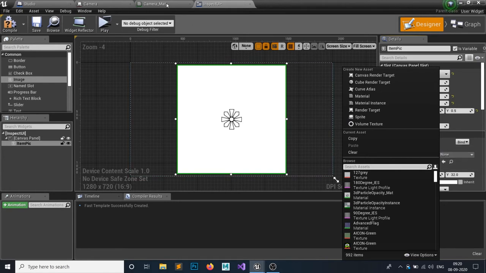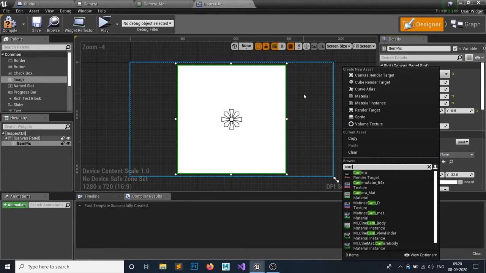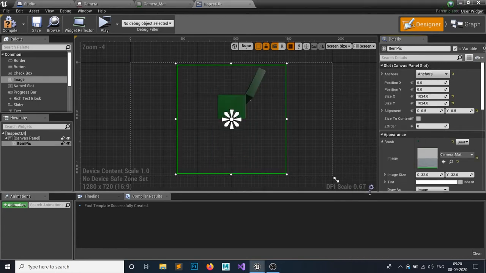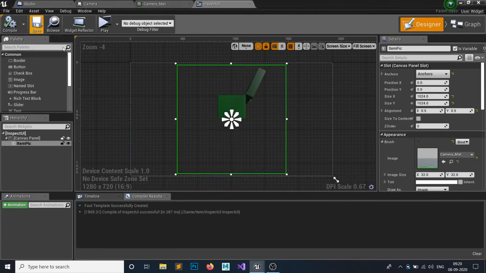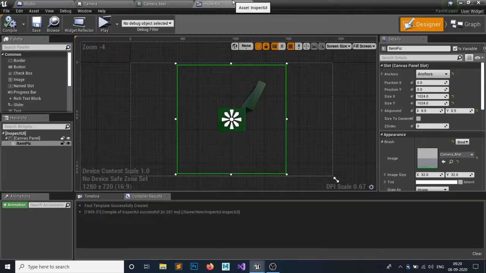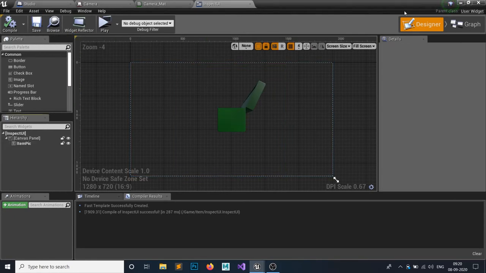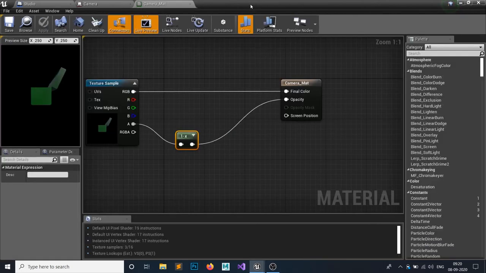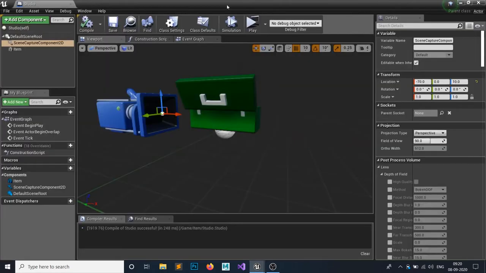We have just created this one. So camera material, camera underscore mat, and this will look like this. You can see that it doesn't look centered, so just go to your studio and move this up, hit compile and save, and if we go back it will look centered. So you can do this with whatever you want. After doing so, just close this up a bit. We don't need this camera material and this camera.